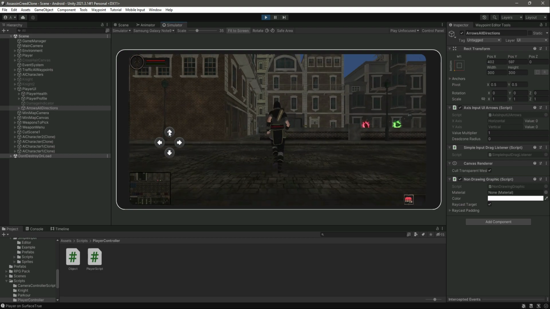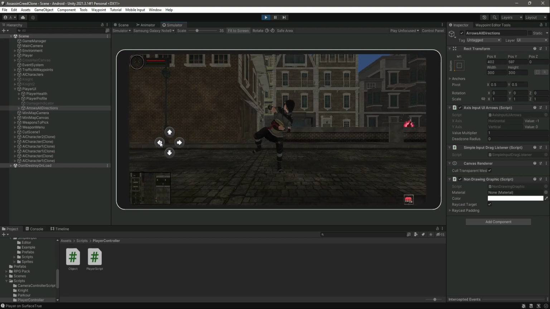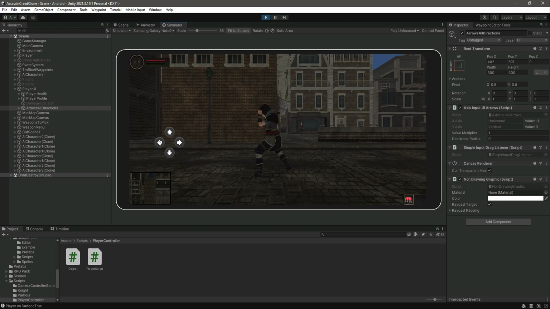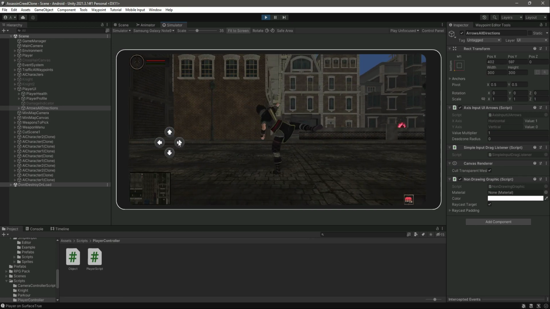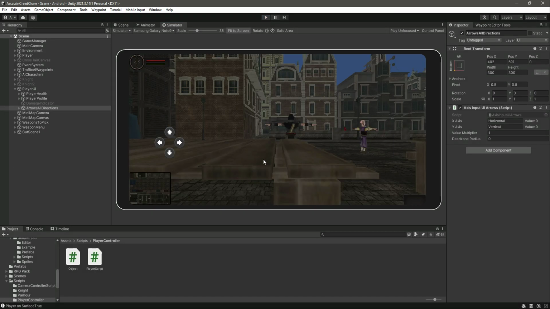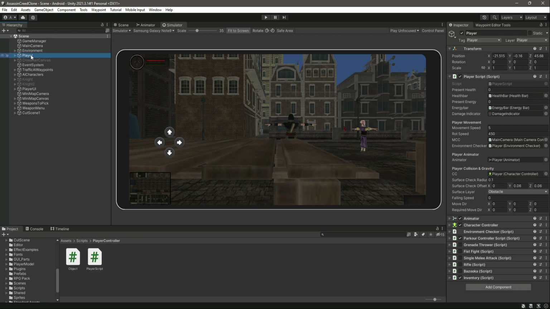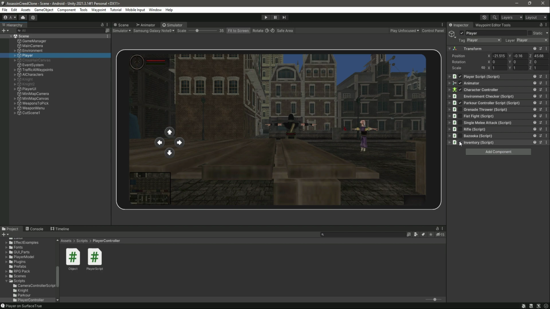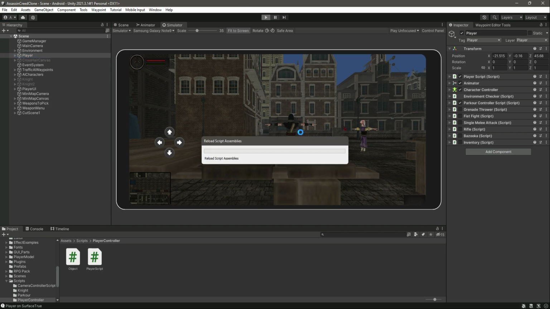Now if we move the player, as you can see, now using the buttons the player is moving, but the player is also punching, and we actually don't want that. So in order to stop the punching, let's click on this player right here. Just for now deactivate the inventory script, and then if you play the game again,